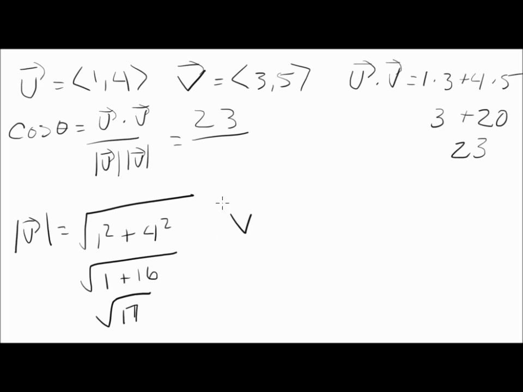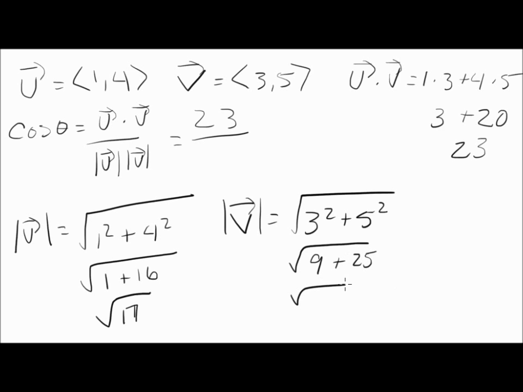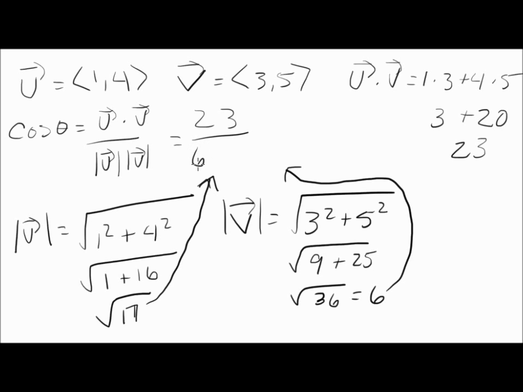Okay, now let's find the magnitude of v. So we'll have the square root of 3 squared plus 5 squared, because those are our two numbers in v. So we'll have the square root of 9 plus 25, which is the square root of 36, which is going to equal 6. So let's bring this number back up, and let's bring this number back up. So we'll have 23 over 6 times the square root of 17. Right? Now we can simplify this